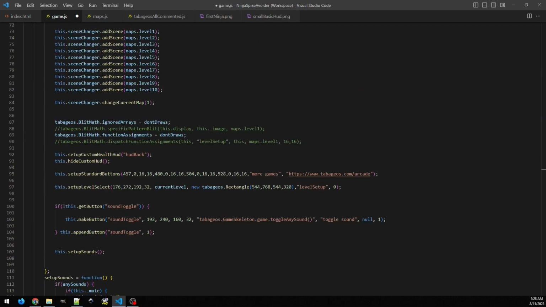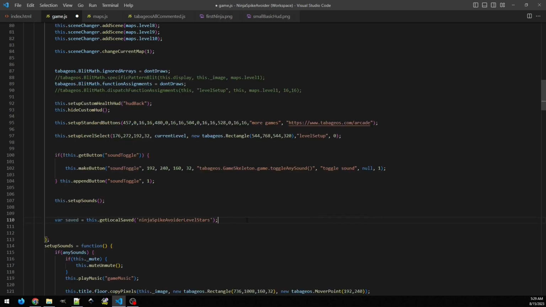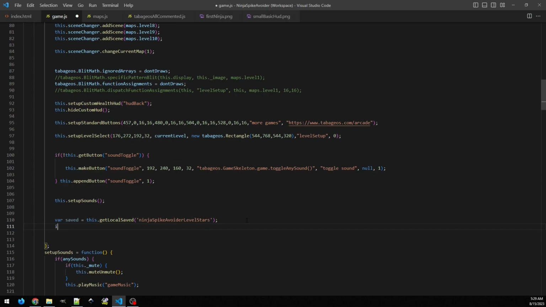In initial setup, we'll say var saved equals this dot get local saved. That's what we're getting. And so we know that that is an array string. So now we'll say if saved, if we got something from that, we'll say current level